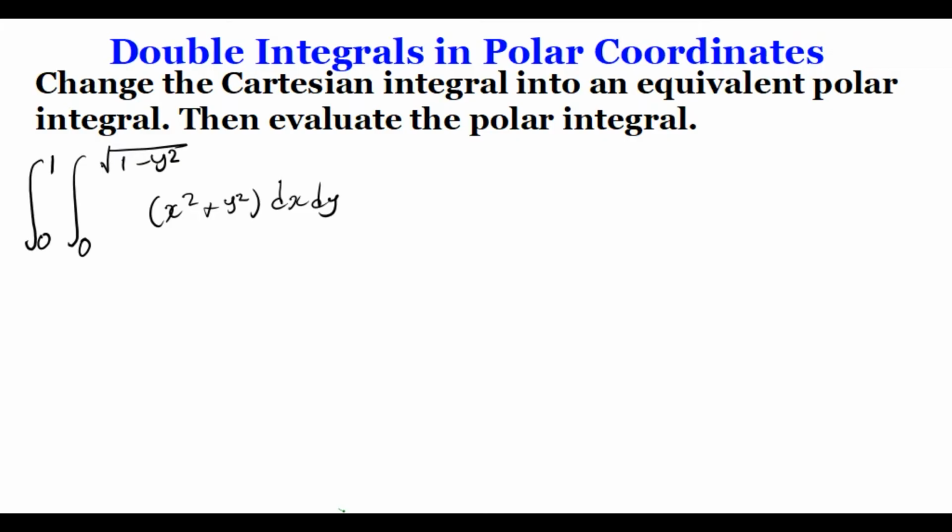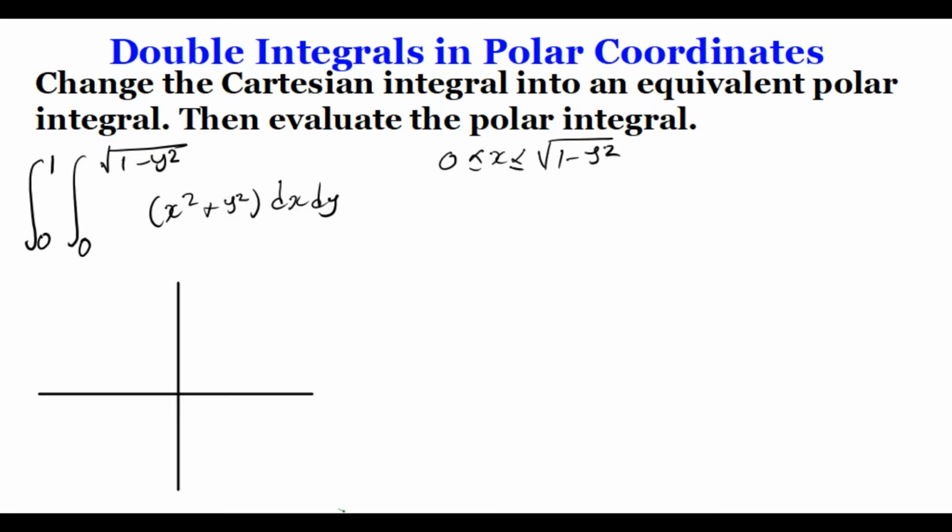So now let's go ahead. First things first, sketch the limits of integration that you are given in Cartesian. So we have our vertical axis, horizontal axis there. Okay. So remember, these are for x, then these are for y. So for x, you have 0, then you have the square root of 1